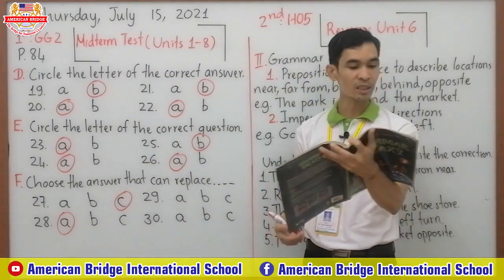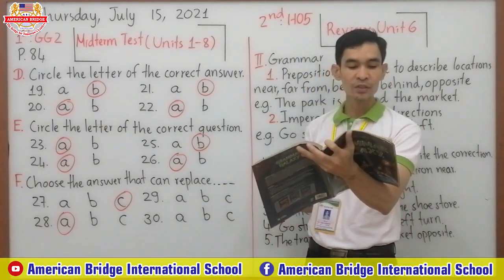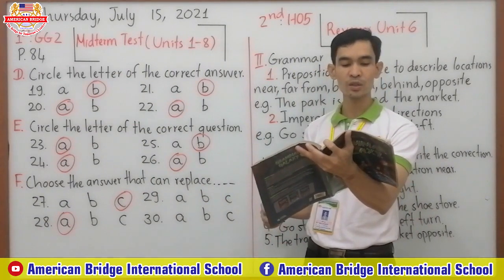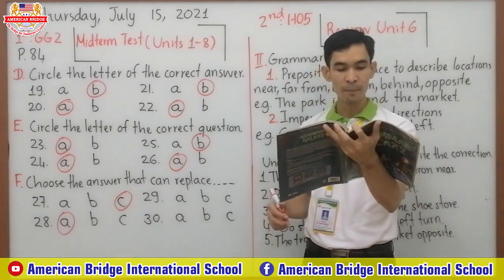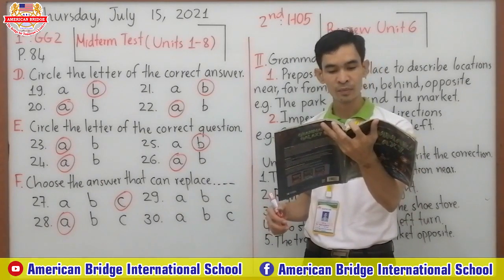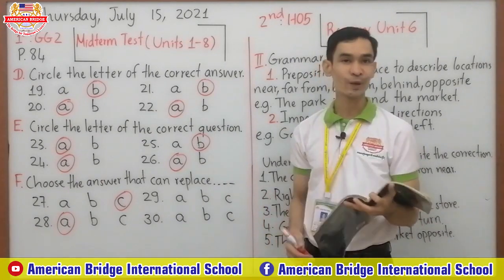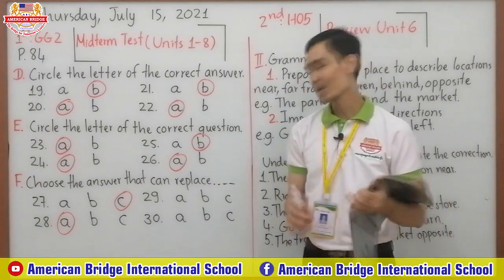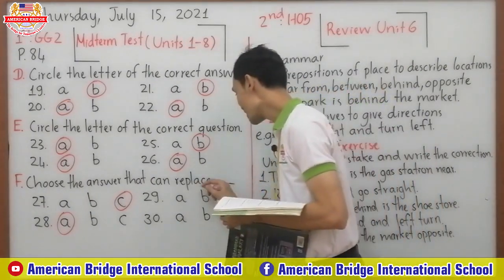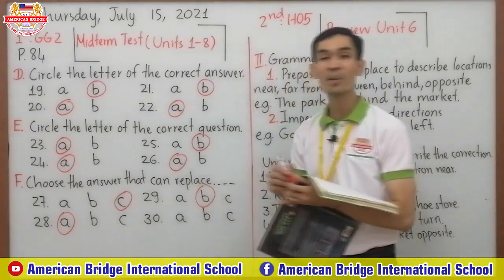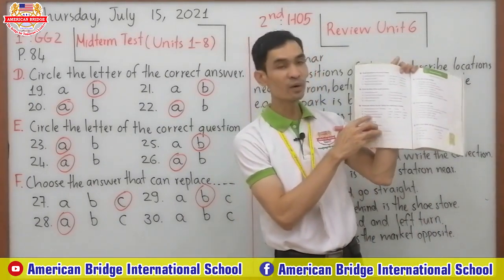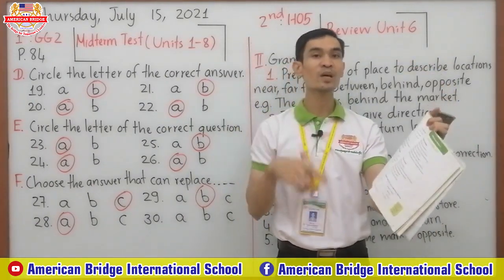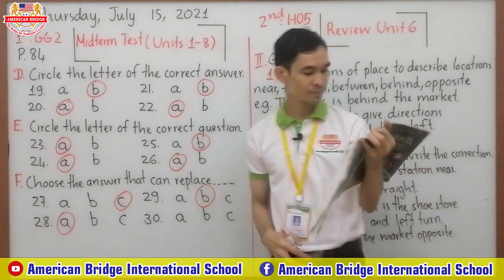Okay, so now let's continue to number 29. She won't going to clean the room. A, not. B, isn't. C, doesn't. So the correct answer must be letter B, right? Okay, isn't, verb to be plus verb ing, and here you see the verb after want, so going. So here you must use verb to be, isn't.